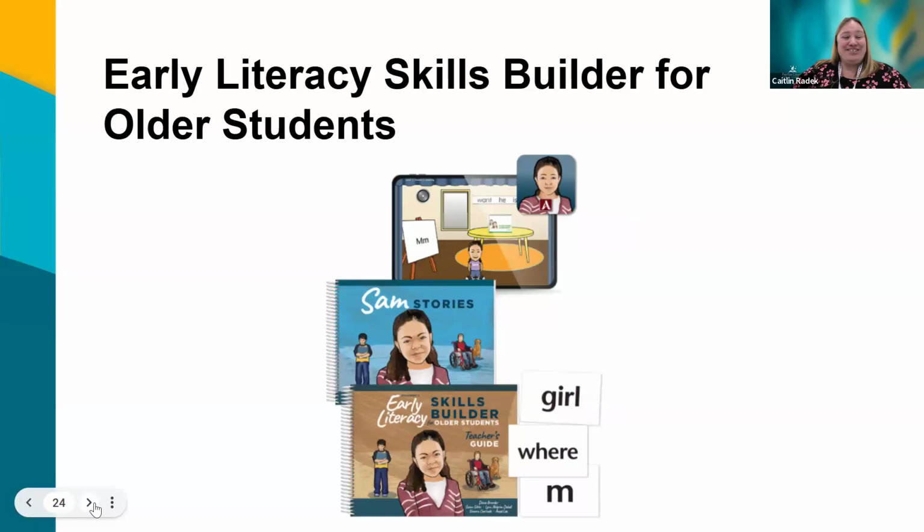Another program that's very similar to ELSB is our Early Literacy Skills Builder for Older Students, or ELSBO. This is for students in grades 6 and up, and ELSBO is an option for our students who would be working on the same skills as ELSB, but who may be in those older grades. This version focuses on the same foundations of literacy skills, but it was specifically designed to give our older students more age-appropriate activities. The objectives and content in this program are very similar to ELSB, but the curriculum is a